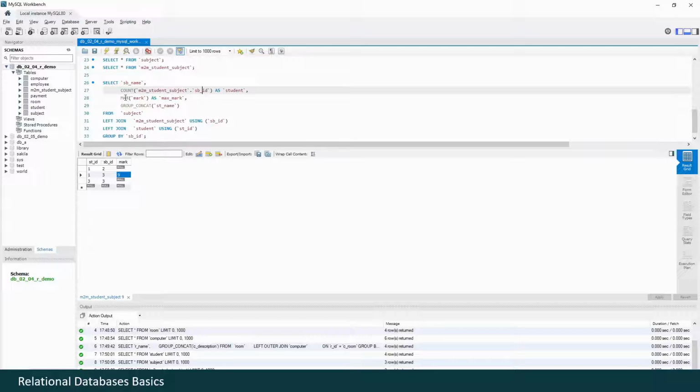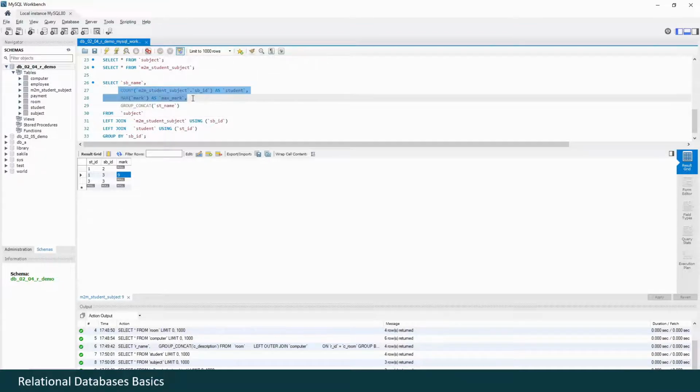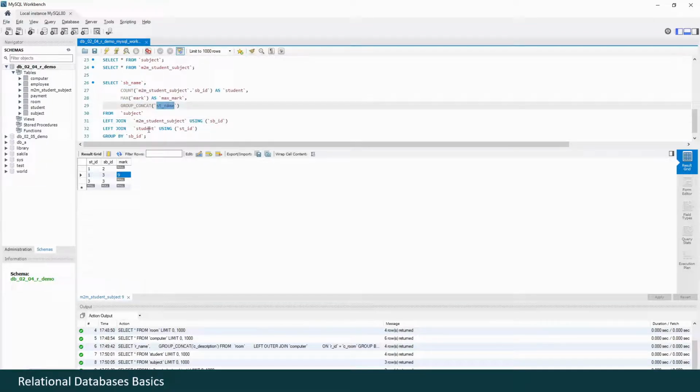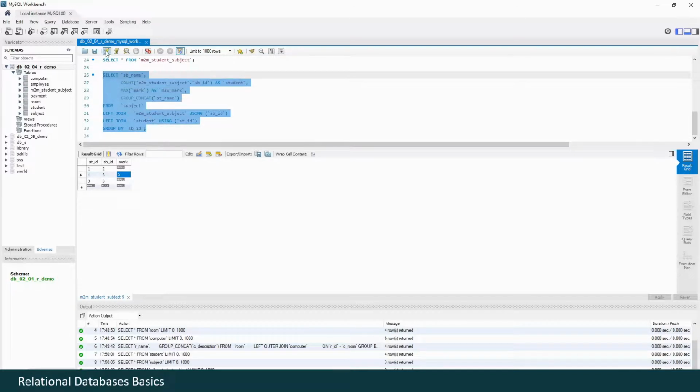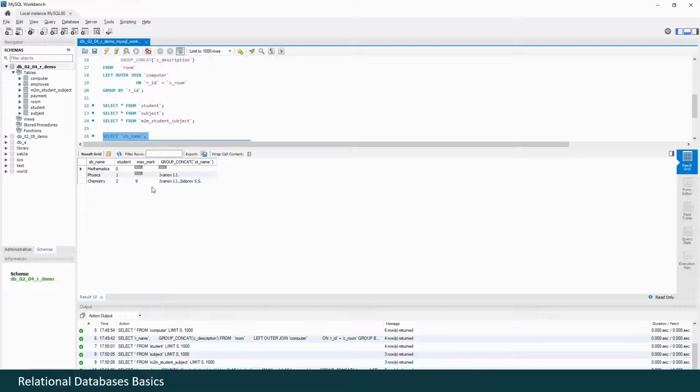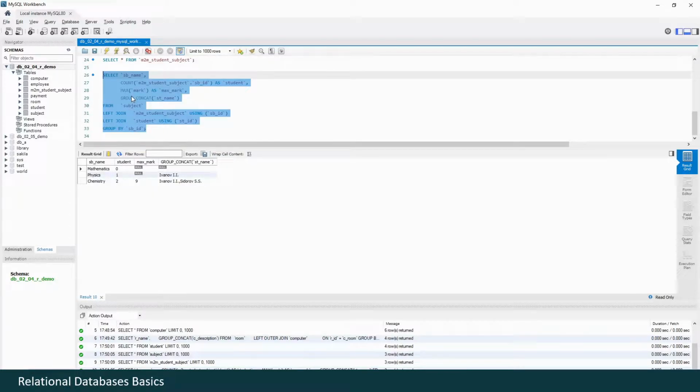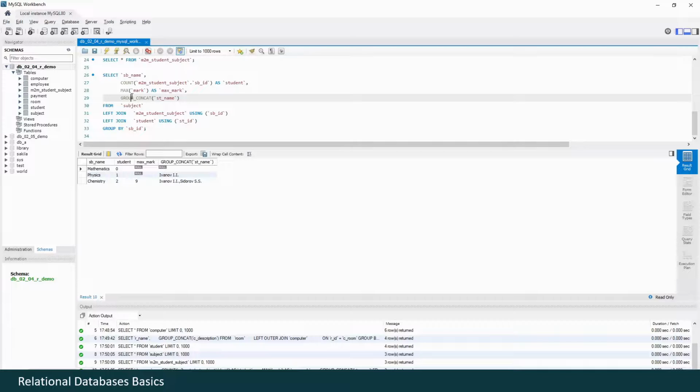We have to know the max mark for a subject, and we have to know a list of students studying that subject. So everything about subjects we select from this table, everything about that interconnection we select from this table, and anything about students we select from the student table. And once we execute the query, here is the result. If you want to know how to create such SQL queries yourself, you have to refer to some SQL basics learning course.